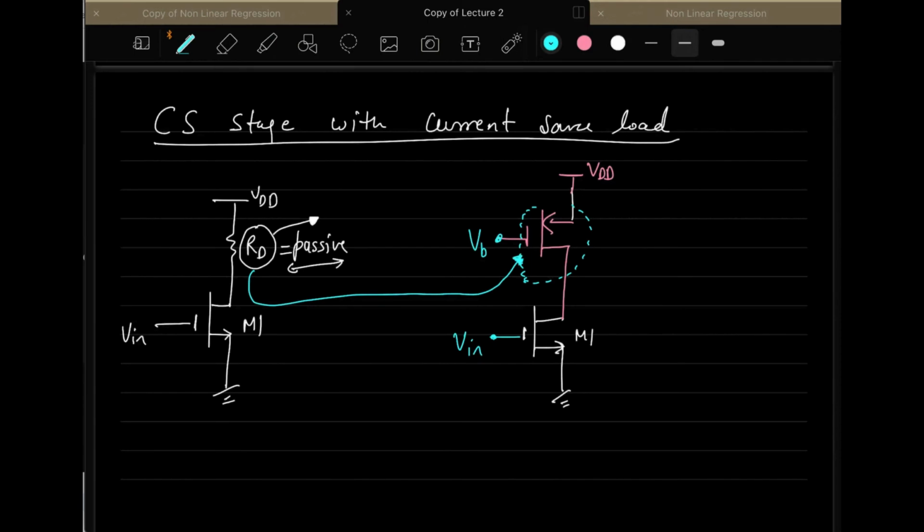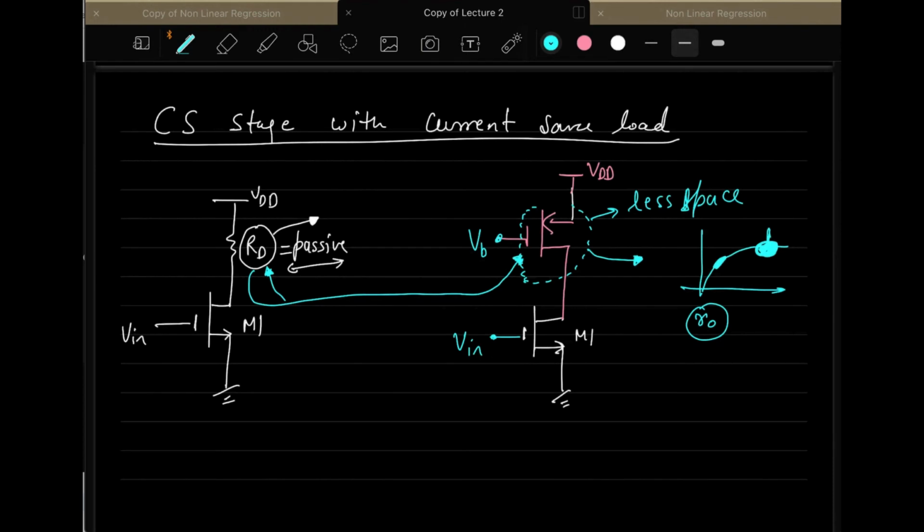See, the thing is, this RD takes a lot of space, but if you design it through a MOSFET, it takes less space. That is the first thing. And the second thing is, you try to make sure that this transistor is in saturation. If this transistor is in saturation, it will offer some high resistance. You already know that if you have a transistor in saturation, and if you take ID versus VDS here, or if you take the derivative, this slope is very high compared to this slope in the triode region. So it is also offering you an active resistance, which is RO, which is much higher than the resistance that you have here, RD.